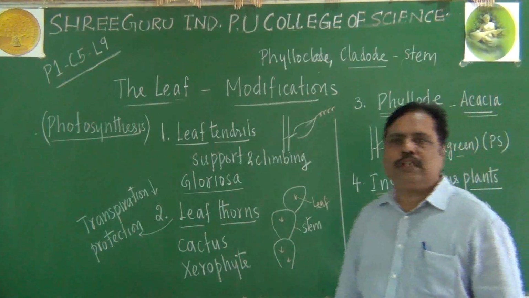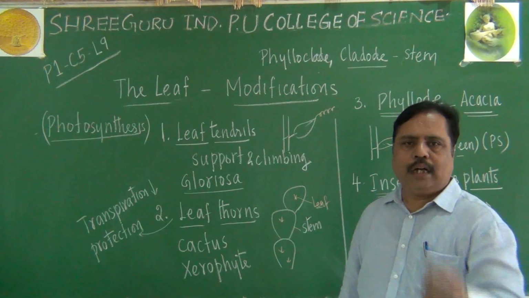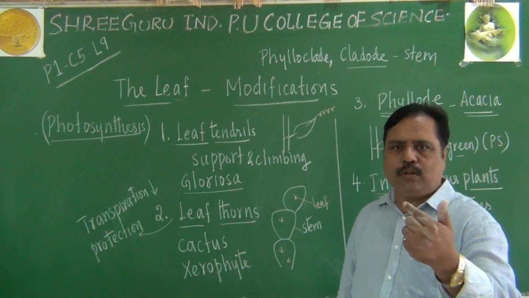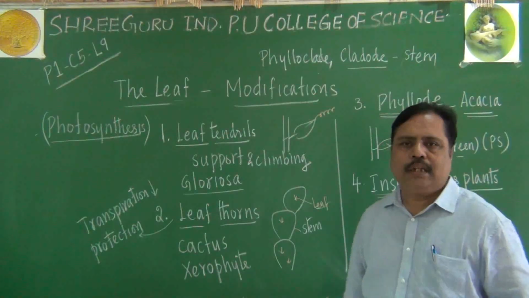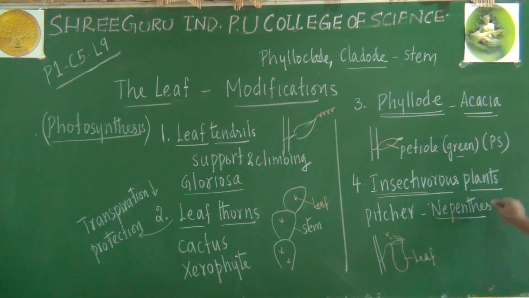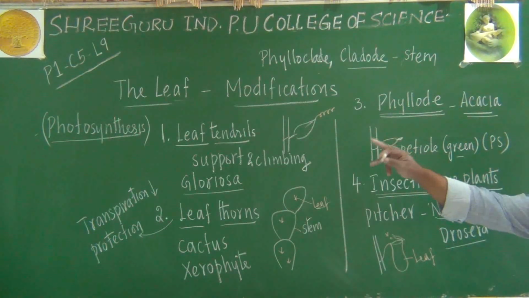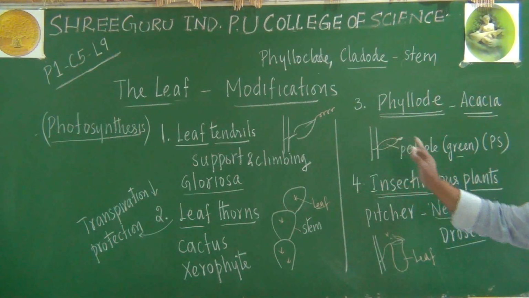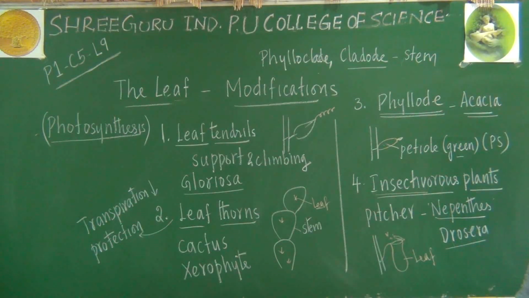They are carnivorous plants, we are telling you. Carnivorous means what? They are not autotrophs, they are heterotrophs. They do carnivorous work. They trap the flies here. That is called a pitcher plant. Example, Nepenthes, remember. Even there are some plants like Drosera. Here also we can come across leaf modification for the sake of nutrition. In addition to photosynthesis, these are all different other functions.